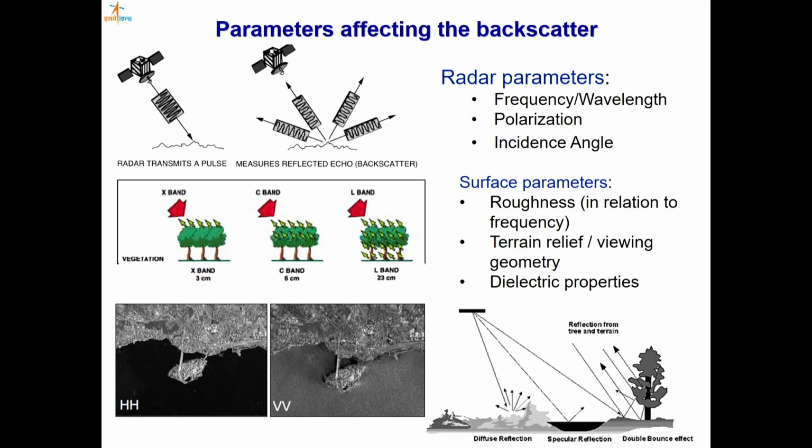Then in the bottom right side you can see, depending on the surface properties, if it is a very smooth surface, you have a specular reflection. That means the signal comes, interacts with the surface and goes away from the receiver. And if it is a rough surface, you may have a diffuse kind of backscattering. And where you have a tree stem, or in the case of urban areas, you may have double bounce. The signal first goes away and again meets some stem or tree and goes back to the receiver, and the backscatter gets enhanced. So these are some of the surface properties which affect it.